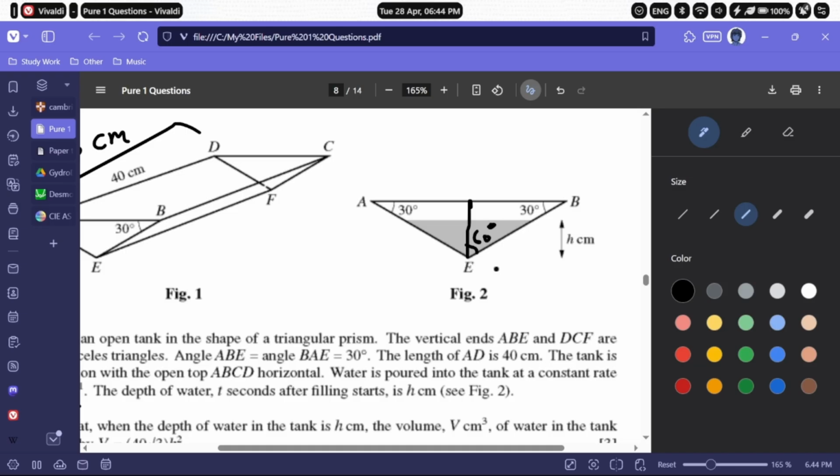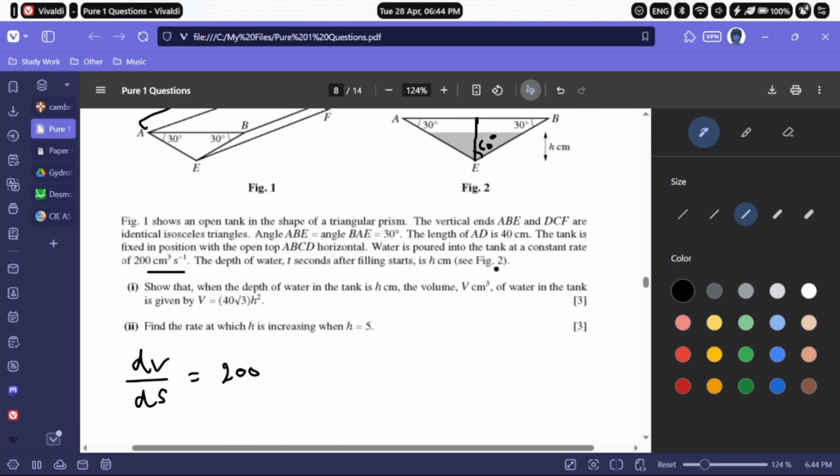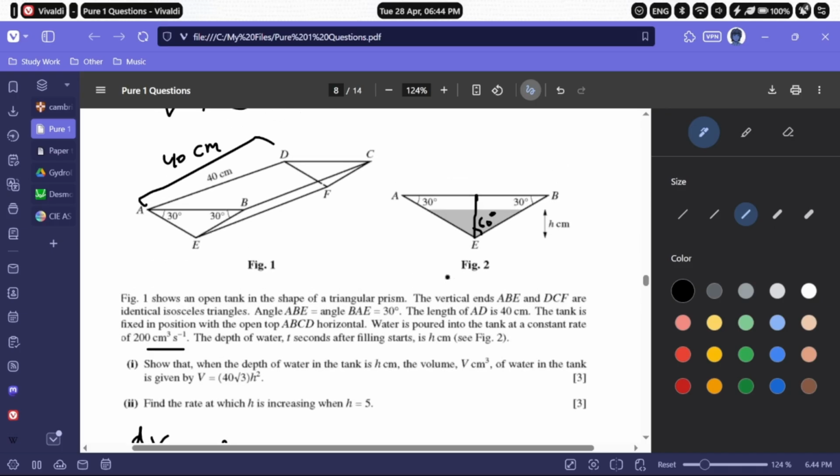Now, here's the thing. Let's assume that for some unknown h value, the volume has filled by some amount, and the shaded region over here represents the cross-sectional area of that volume. So let's say you somehow found out what the cross-sectional area is. Then you just multiply that by 40 centimeters to get the volume. Now,